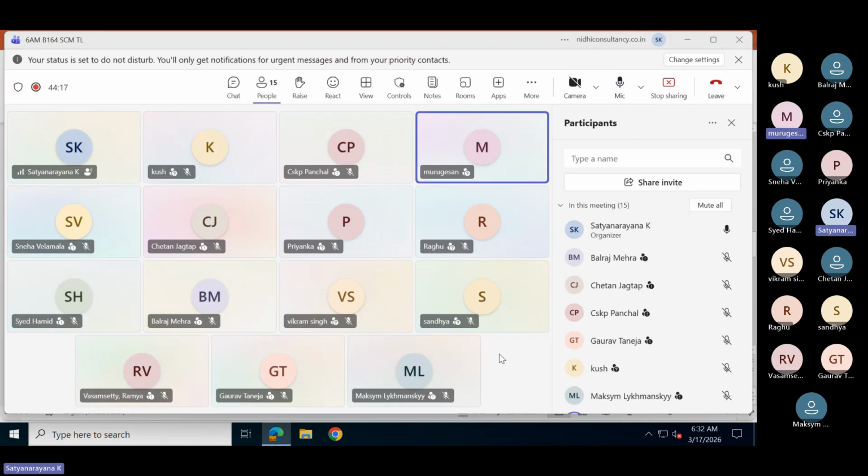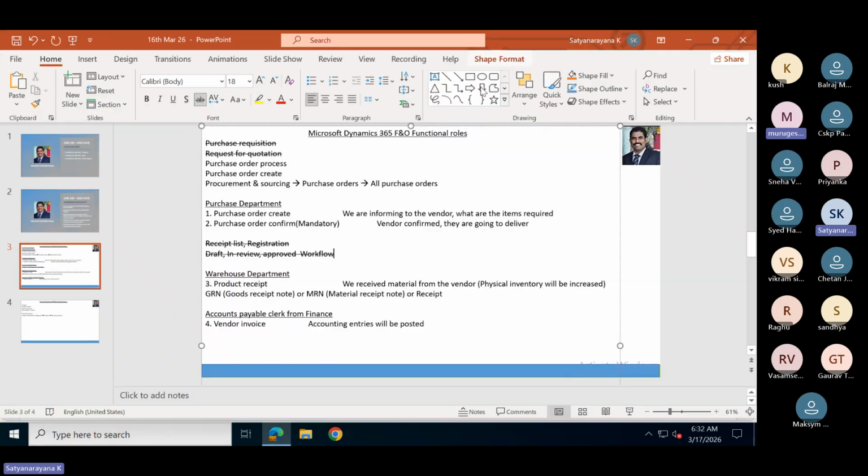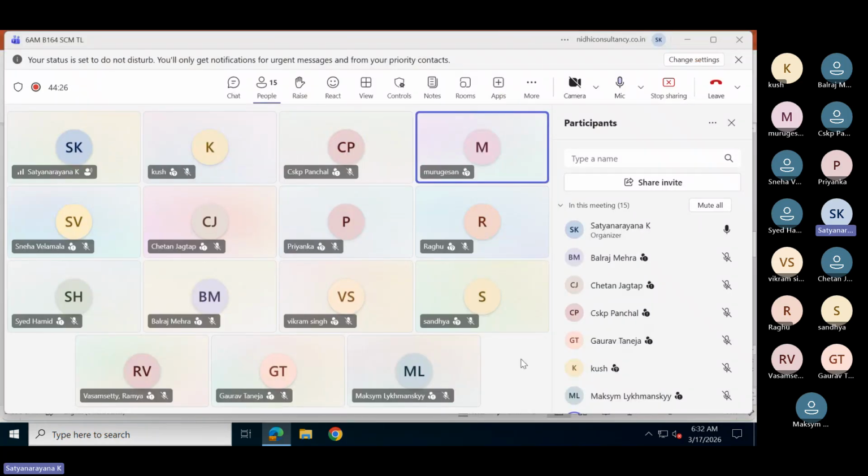One more doubt: when you are doing the GRN, the system will not create any accounting entry, right? That will be fully covered in finance, Murugesan. A detailed discussion will happen in finance, not in supply chain management.